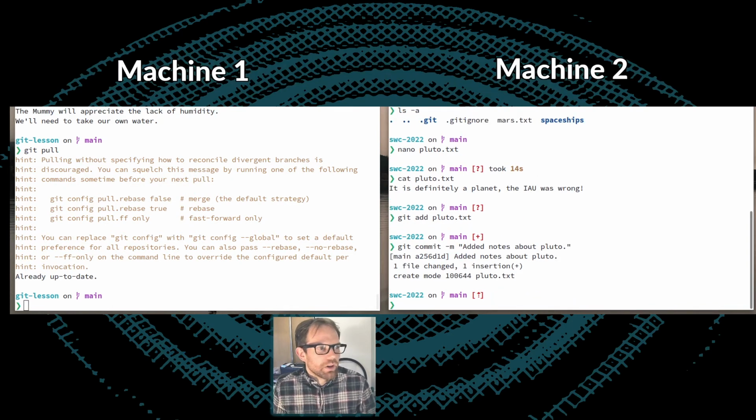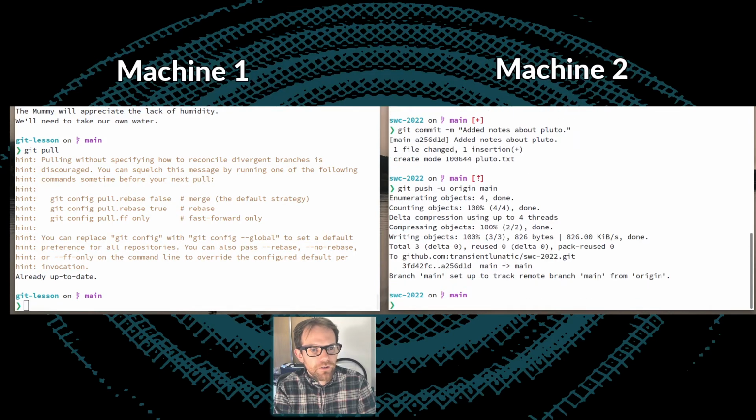Okay, so I've added this new file to a commit. I've made the commit. So now I want to push this back to GitHub. So I run git push. I'm going to set up this remote. So origin main. Okay, so it said that it's pushed main up to the latest commit on main up to GitHub.